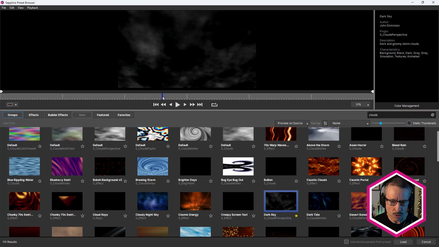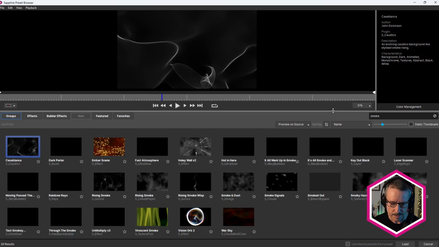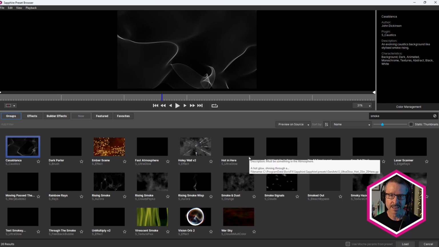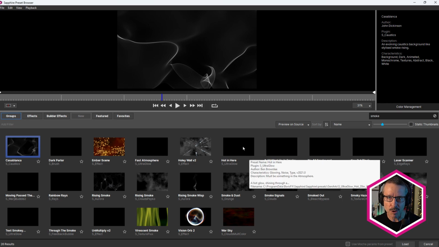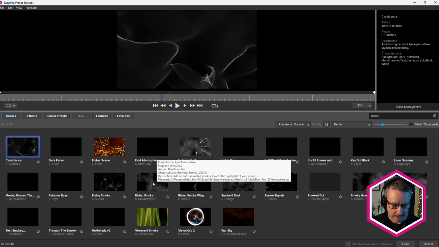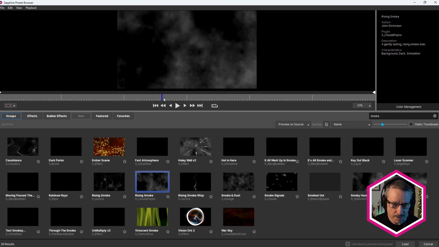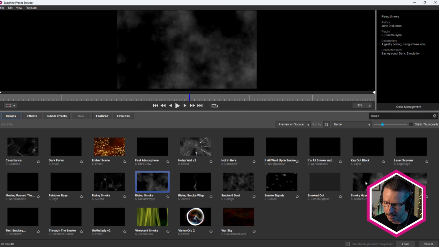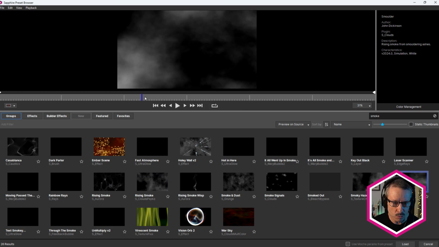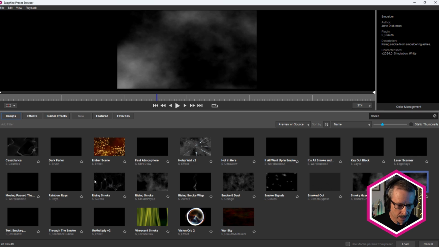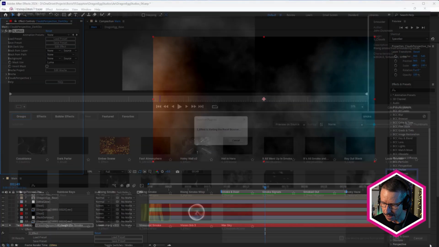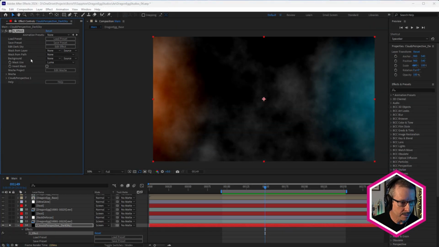Now, what I could have also done here is maybe looked for smoke. If I decided that I was going to create a smoky look at first, I would have done that. And there's various looks that are very similar to what I ended up with. You can see rising smoke here using Cloud Psycho. And there's this smoldery one using S Cloud. So there's a few different varieties of rising smoke. But I chose S Cloud's Perspective. And let's take a look at that.